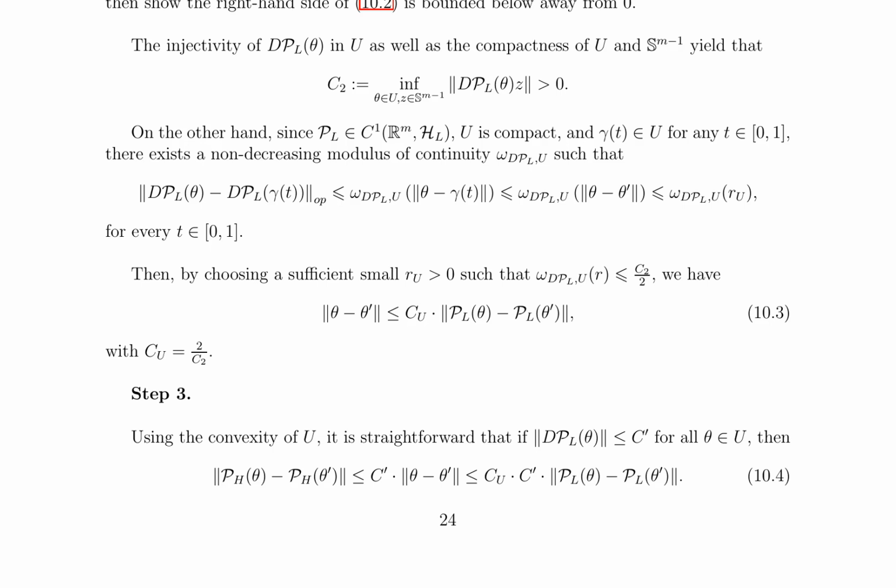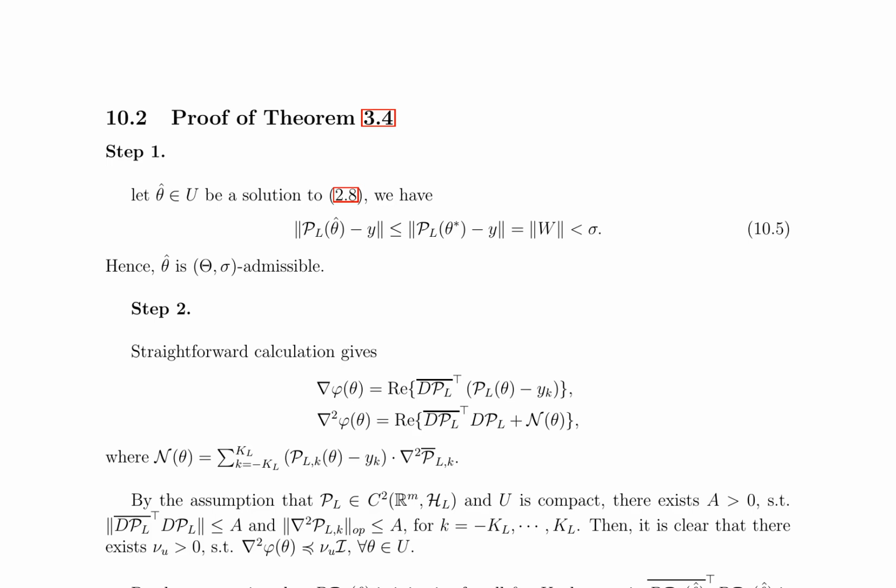The entire framework is designed to provide a deeper understanding of the connection between model-based super-resolution and deep learning, highlighting the importance of efficient initial guess selection for future research. The proof of Theorem 3.4 commences with the solution to equation 2.8, followed by the calculation of nabla phi theta